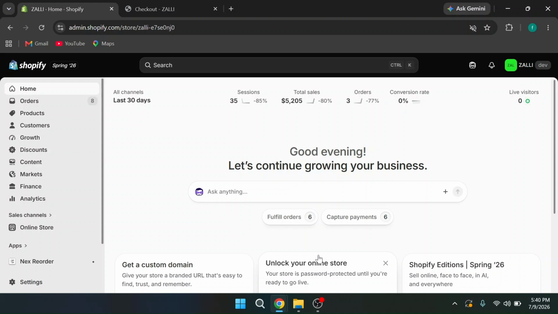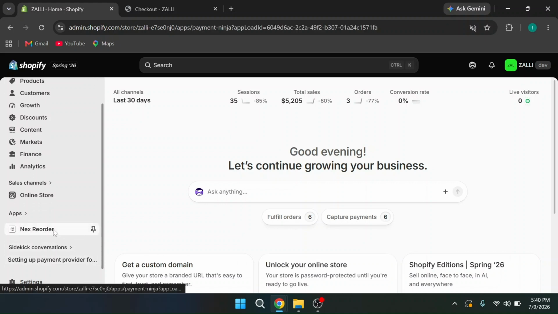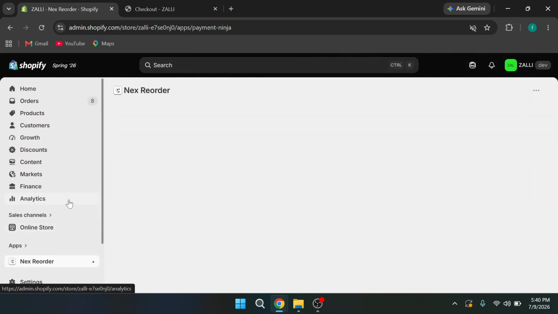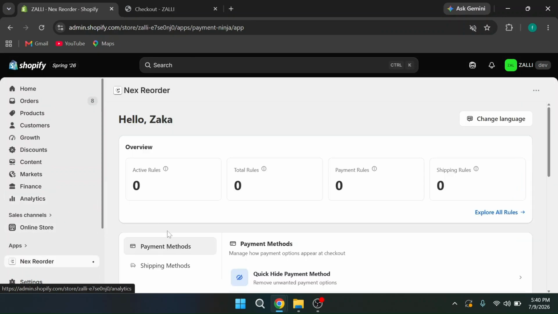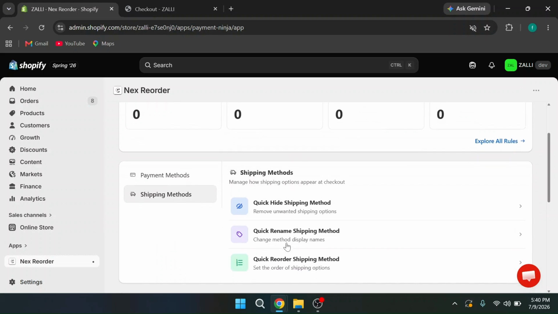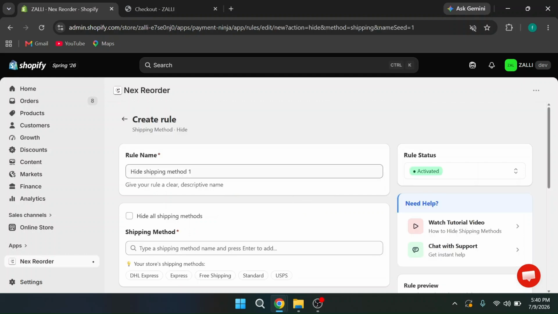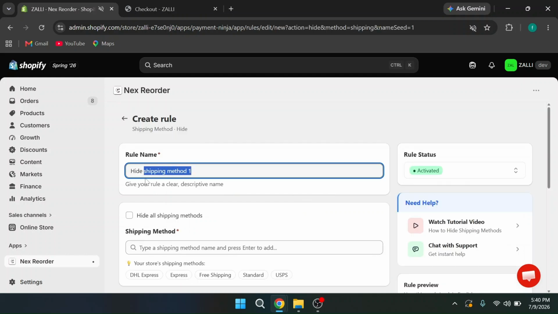Let's get started. First, we can go to the app section. Here we can click on Next Reorder app. For hide shipping method, we can choose the shipping method and here we can click on quick hide shipping method. To configure the rule, we can give the rule name as